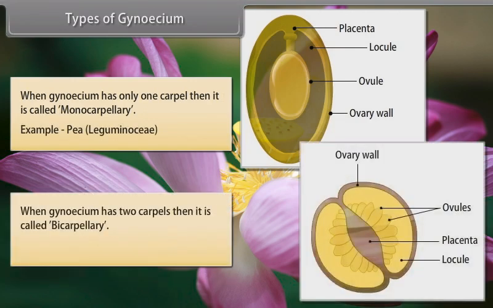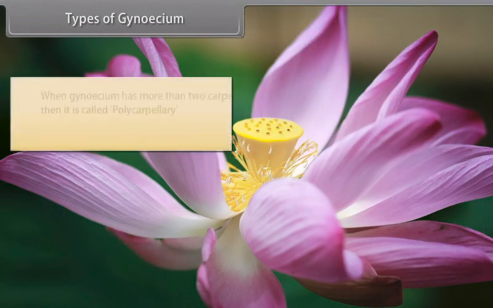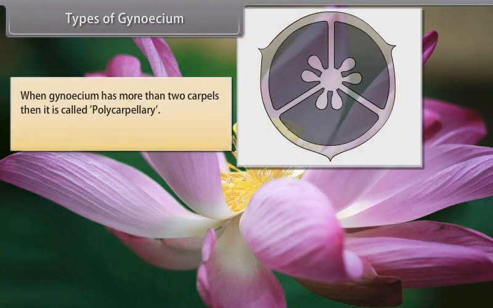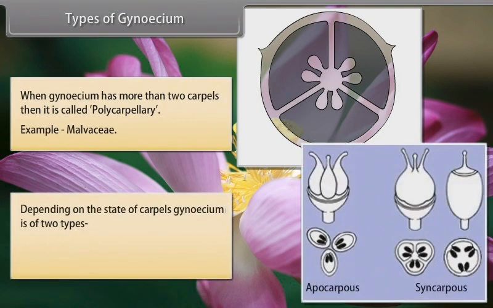When gynoecium has two carpels, then it is called bicarpellary. Example: Solanaceae, Cruciferae. When gynoecium has more than two carpels, then it is called polycarpellary. Example: Malvaceae. Depending on the state of carpels, gynoecium is of two types: